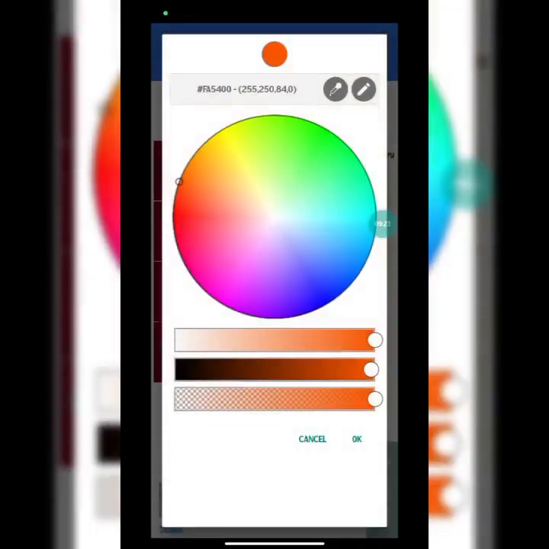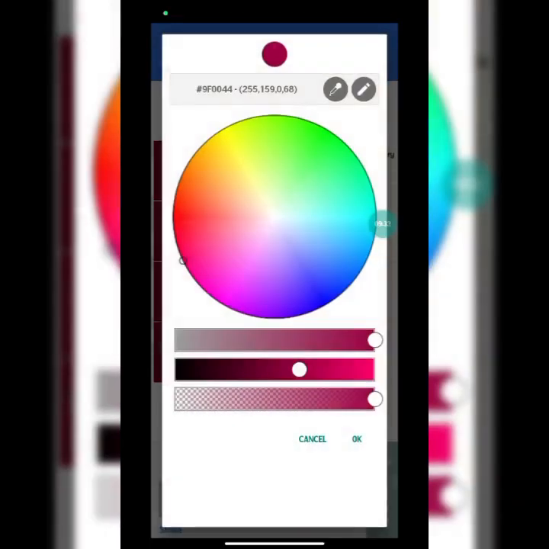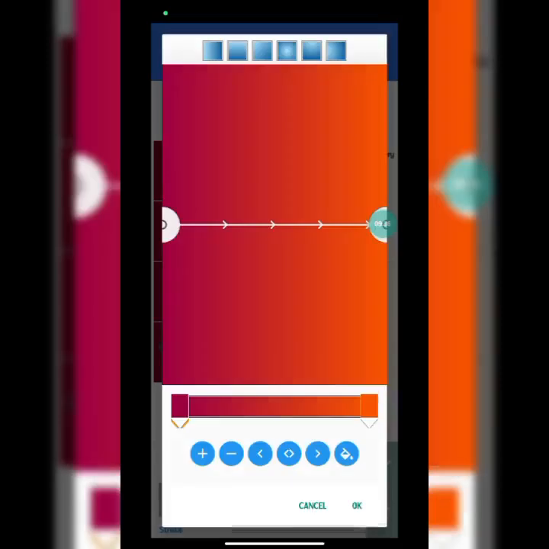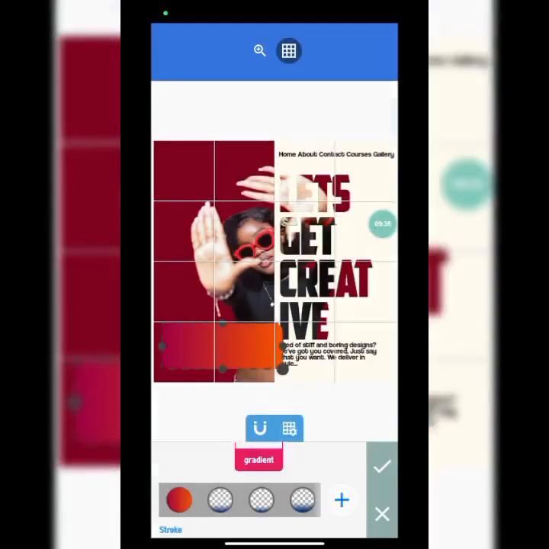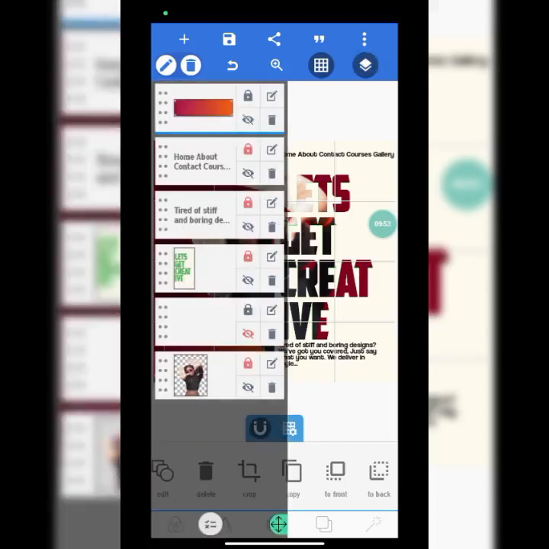This is the color code for the first color. You can copy the color code and try with it. This is the color code for the back color, so you can copy it and make use of it. And I press OK. So I'm going to reduce this, bring it down like this. I'll put it here. Okay, this is cool. Now I'll click on the check mark. So the next thing I did was to, let me lock this,